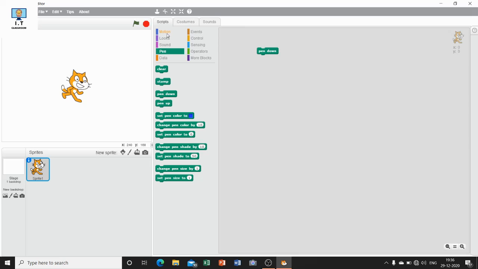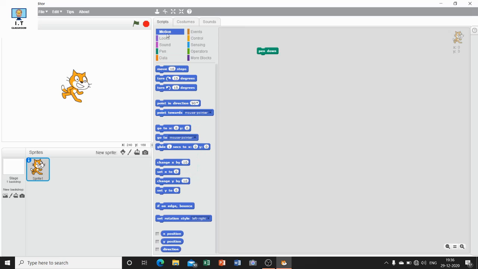Now I am taking another block, this one. If you want to change the step value here, you can change it also like this. You want to enter 100 steps here, so you can enter like this. After that,